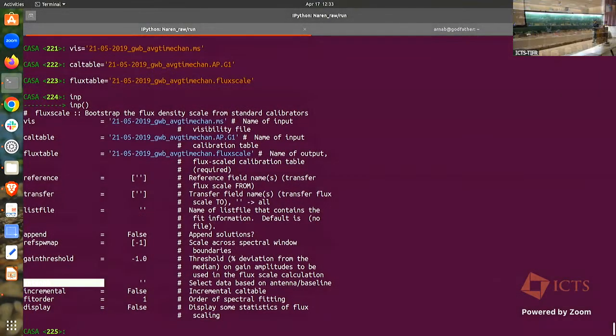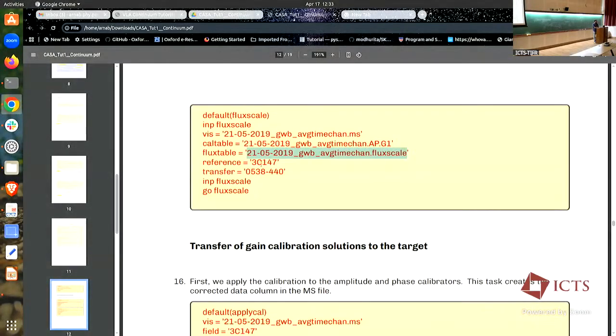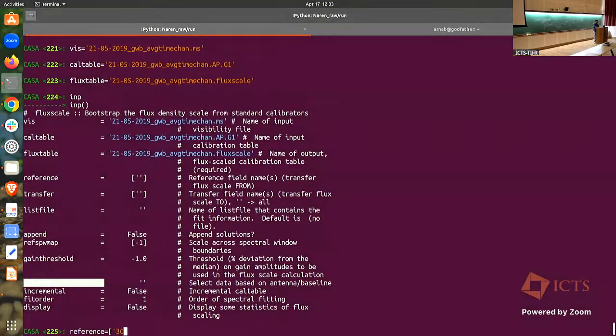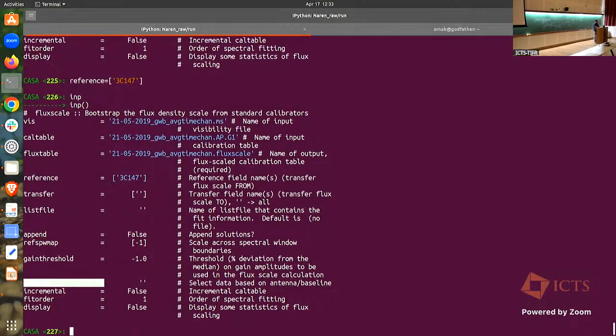So I have this calibration table where I know the calibration of the 3C147. I'm using that calibration table. I am providing a new flux table, which is this flux scale. And reference is where you are transferring that calibration. So your reference is 3C147 because you know that flux and position very well. And you are transferring that to your phase calibrator. So reference is basically, as mentioned, 3C147. And you are transferring that to your phase calibrator, which is